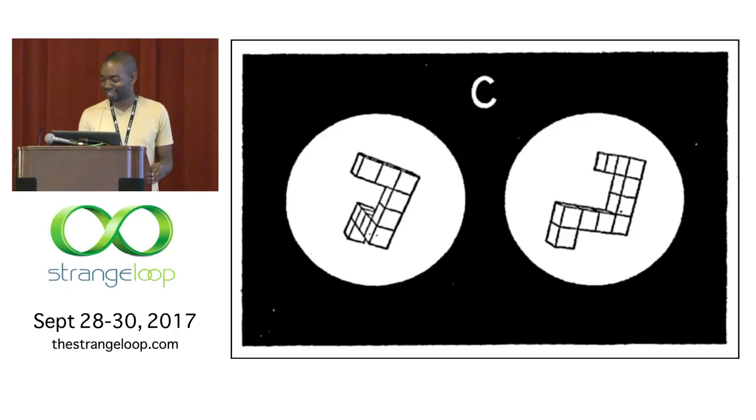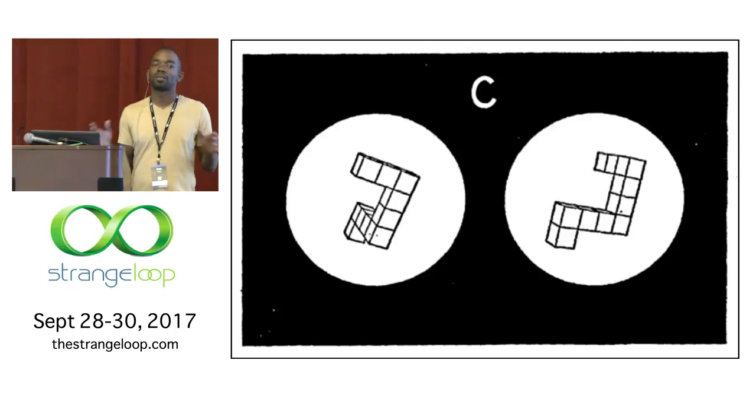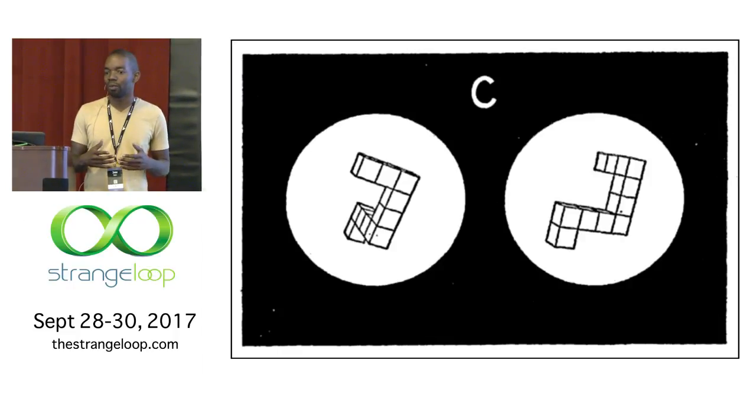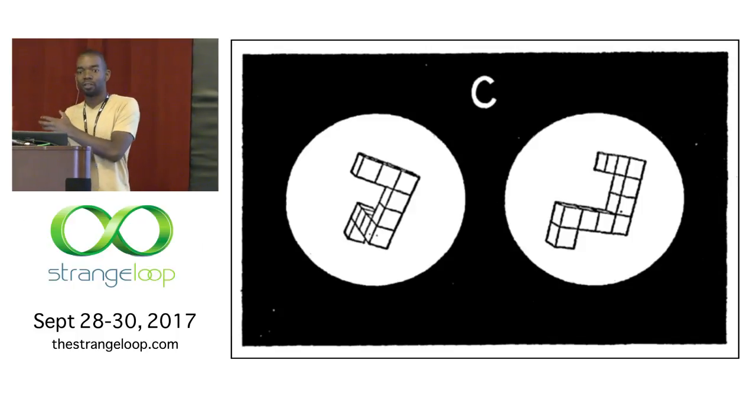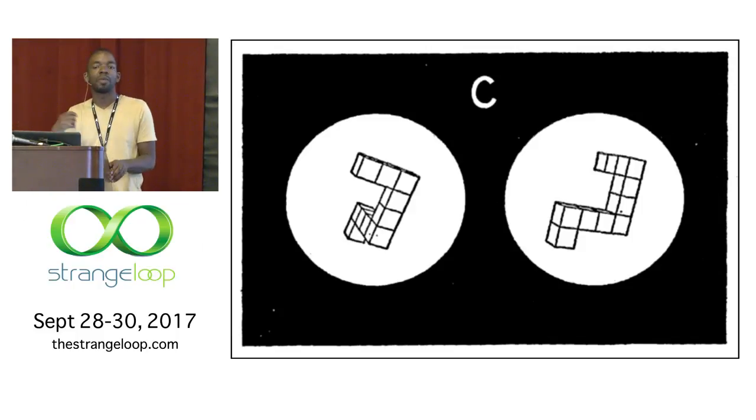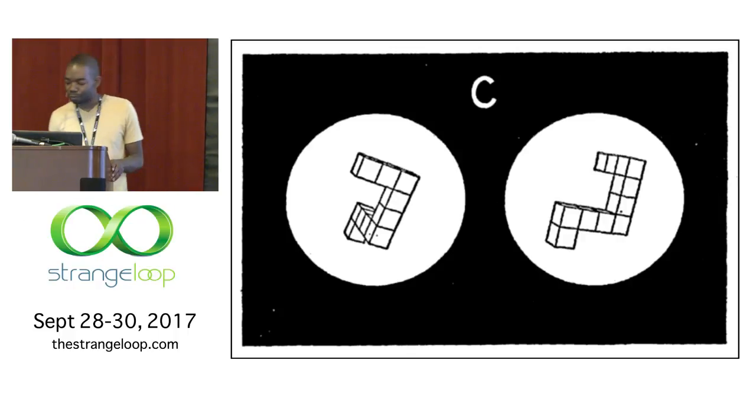I didn't do this study. And so they did this with, I think, 1,600 people, and they showed them many more examples. And they did two things. One, they precisely varied the displacement and rotation. So some of them were very similar rotations, others were much more different in terms of rotation. And also they measured the response time, how long it took people to answer the query, same or different.